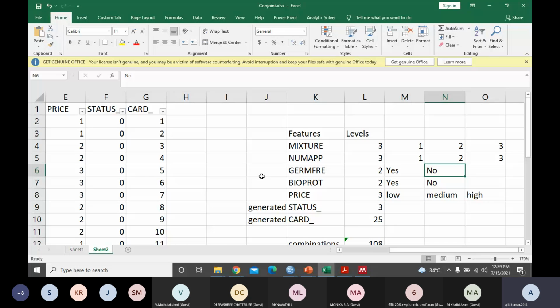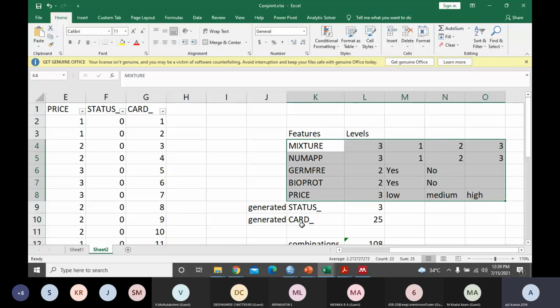So let's talk about 5G technology smartphones. Then what could be the price range? If we define low, medium, high, maybe less than 20,000, maybe 20 to 40,000 medium range, or more than 50,000 is high price smartphones, right? So we can think of that kind of design also here.